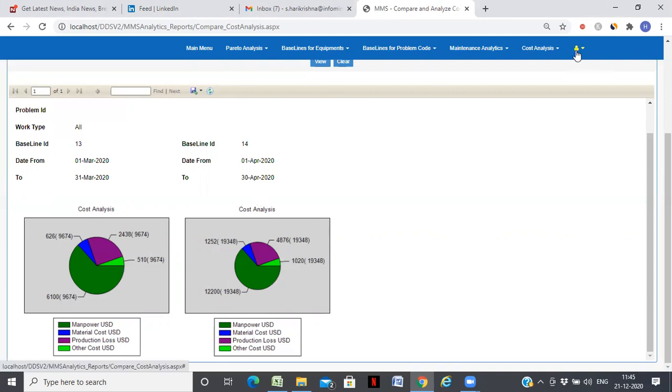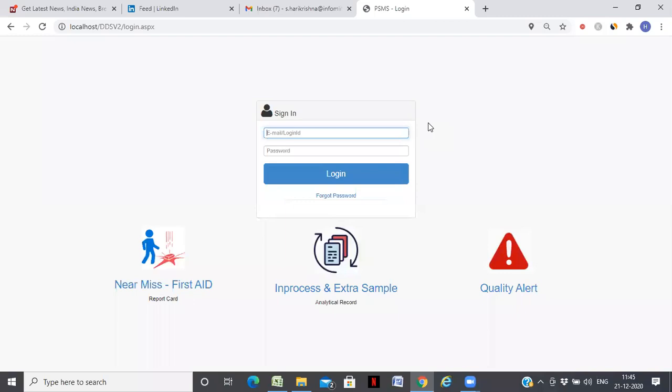So this system gives you a complete set of rich analytics, where it automatically processes the work order data. It eliminates all the special causes, and we have an algorithm that takes care of all the special causes, assignable causes, and all, and then gives out the data in a format which can be viewed and taken forward.